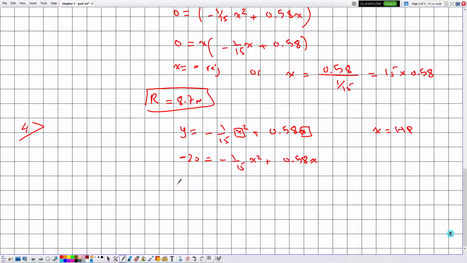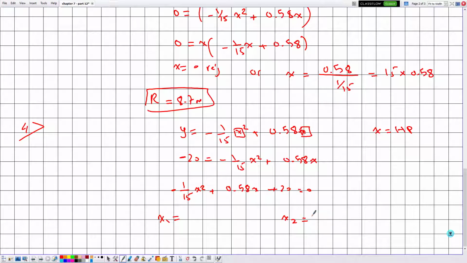Now rearranging, we have that minus 1 over 15 x squared plus 0.58x plus 20 is equal to 0. So this is a quadratic equation in x. We need to solve for delta, or using the calculator, we have two values of x and they are given by x1,